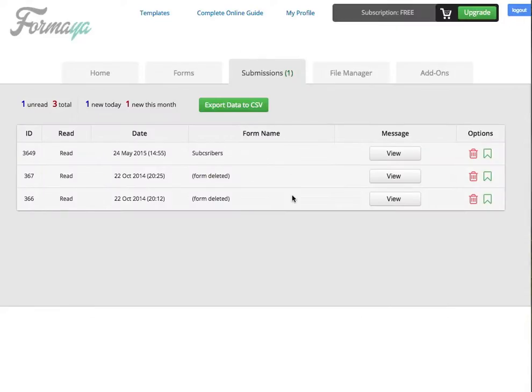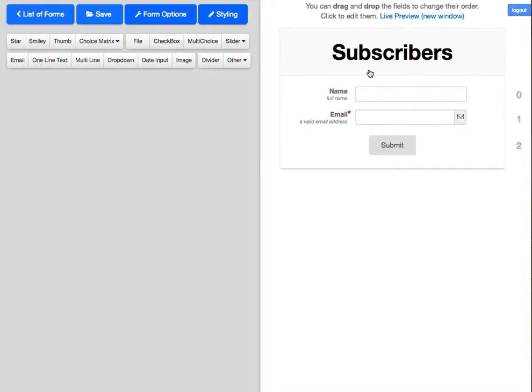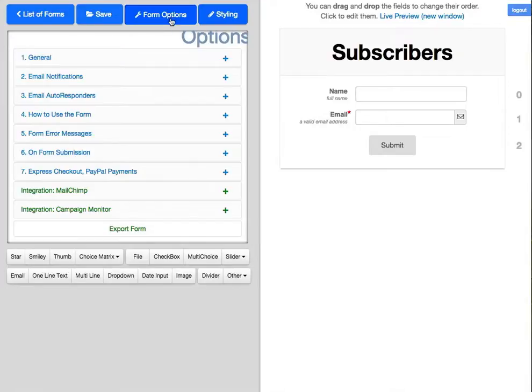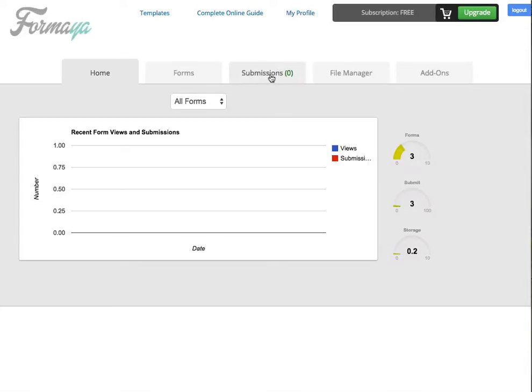So when you go back to Formaya, of course, you can go back to your form, click on your form subscribers. You can spend a bit more time editing this form, making it look very nice. Maybe you want to add some conditional values, or I don't know, a whole different list of questions before people can submit their form. You can check to see all the submissions here,